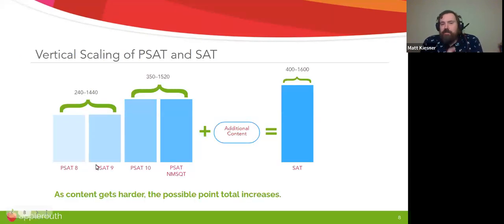And to understand why it's out of 1520, the College Board has decided to take the PSATs and have this sort of vertical scaling. So there is the PSAT 10 and the PSAT NMSQT, which is the National Merit thing. They're the same style of test, and they've kind of shifted the scale down from that 1600 to 1520. And then there is a PSAT 8/9 that is for 8th graders, 9th graders, and that has